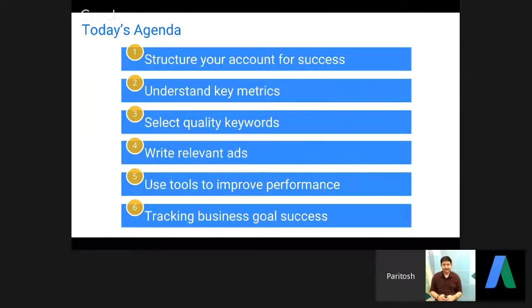Okay, so let's look at the agenda for today. Today's session is broken up into 6 parts. We'll be talking about the structure of your AdWords account, understanding your key metrics, setting up your keywords and your ads, looking at the various tools which will help improve performance, and finally, we'll also be talking about setting up your business goals. Okay, so on that note, let's start with the first step, which is the structure of an